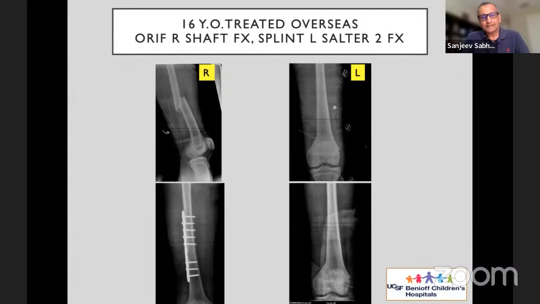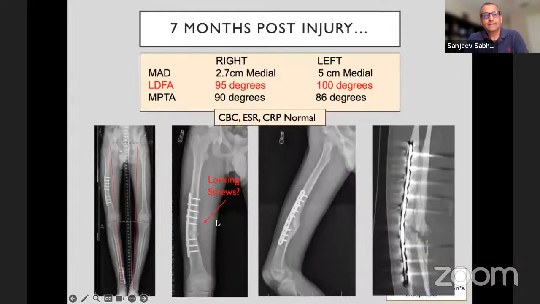And in some ways, these are lessons that you learn because yes, plating femurs, open plating, is I guess an okay option, maybe not the preferred option most times. But you really don't need to put locking screws in that plate. And sometimes those locking screws can actually hurt you, especially if you don't put them exactly where they need to be. So he had these locking plate fixation done overseas and came back with broken,